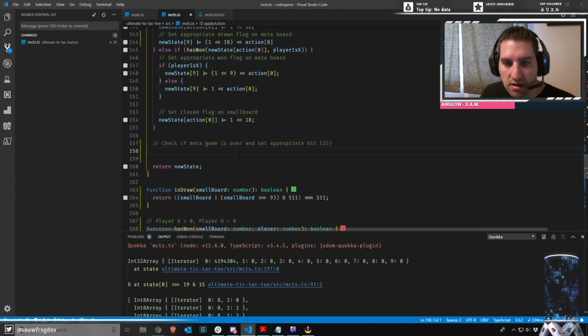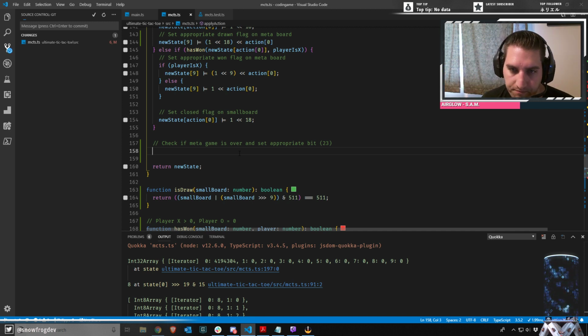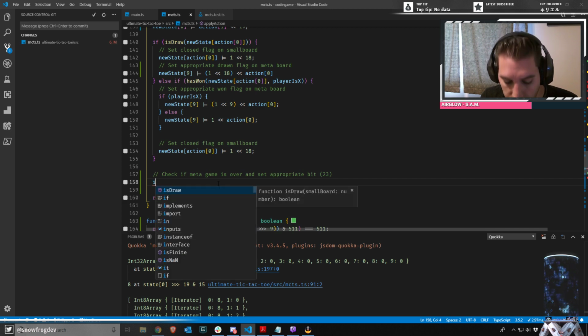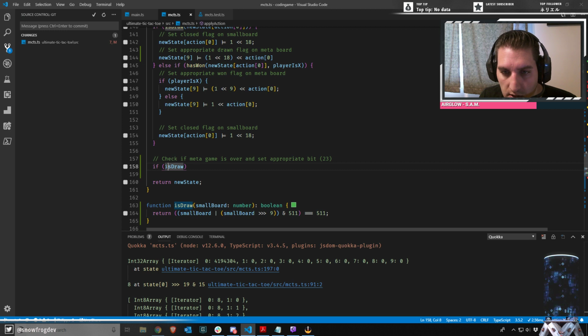Now we get to implement this. Check if metagame is over and set appropriate bit. Okay. I need to check two things. If it's drawn first. And that's a pretty easy one because I have a drawn board representation. So what I need to do is, if is draw... Actually, no, that won't work because it's actually simpler than that. All we really need to do is check